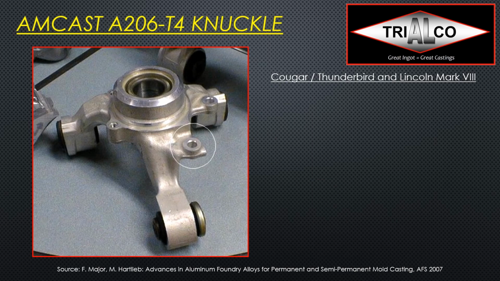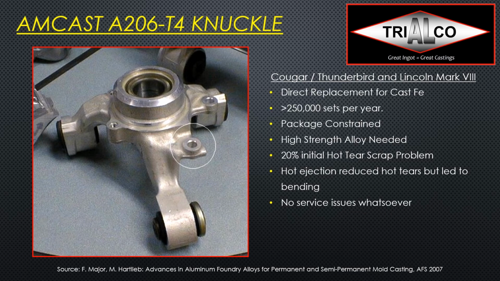And I'm pulling out one example that I think we presented back in 2007, so a long time ago, but that was, as you can see, a knuckle, and it was an A206. It was in T4 temper, so to give a very high ductility, but still very good strength, and it was quite a challenge. So it was a direct replacement for a cast iron, because the A206 has very similar properties